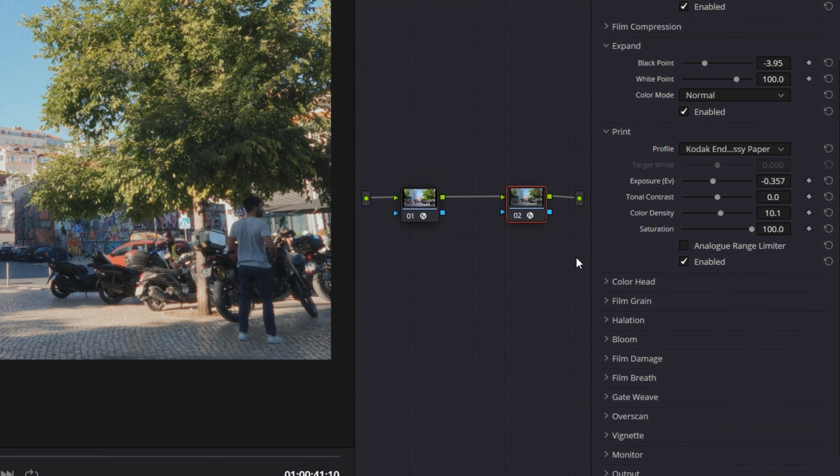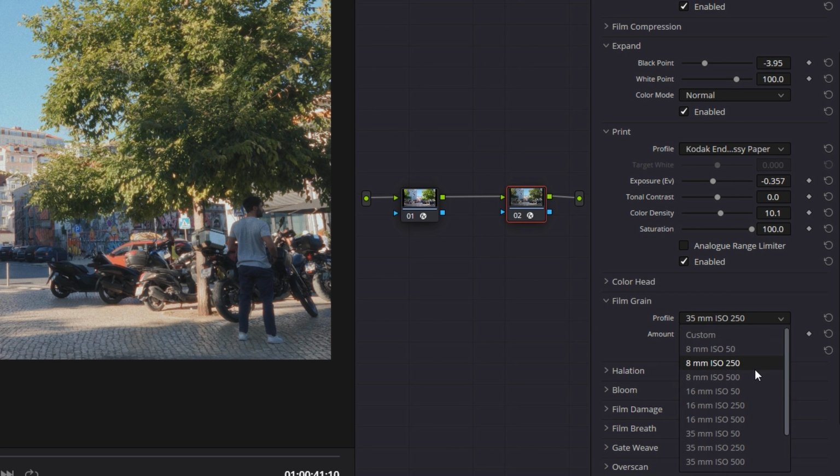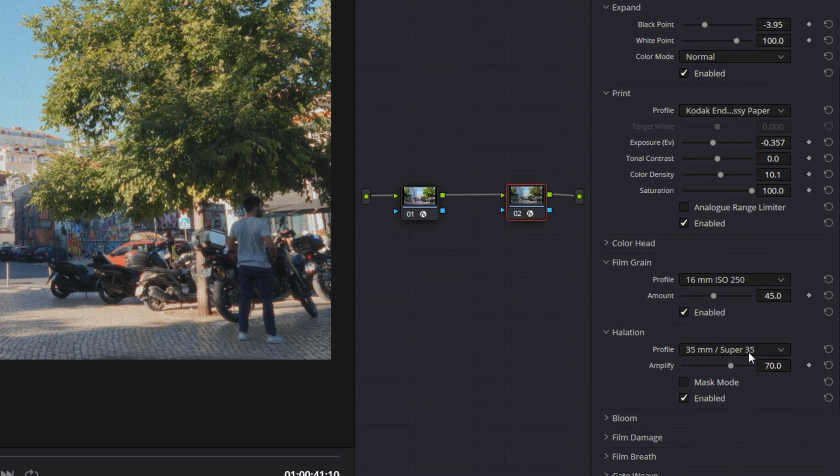So yeah, we're gonna move on to my favorite part, which is to play around with the film grain, halation, and bloom. And for this video I'm gonna go with the 60mm look for all of these 3. So let's start off with the grain. We're gonna choose the 60mm ISO 250, and with the halation I'm gonna go for the 60mm as well,